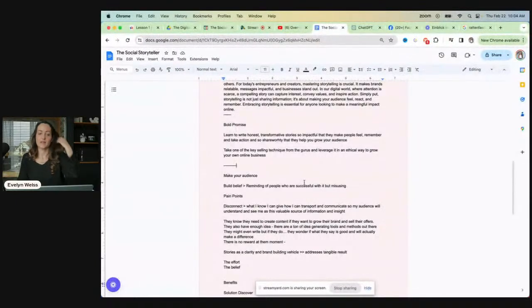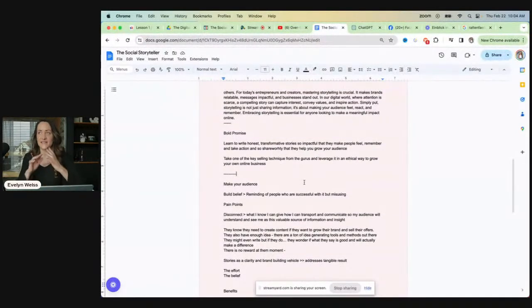Okay, so let me go back in. And see, if I would have just taken a template and said, turn this into Y so you can without X, I would have never come to all of those realizations, right? So this is why it's worth taking the time. Okay, so now I want to polish this a little bit up. Learn to write honest, transformative stories, so impactful that they make people